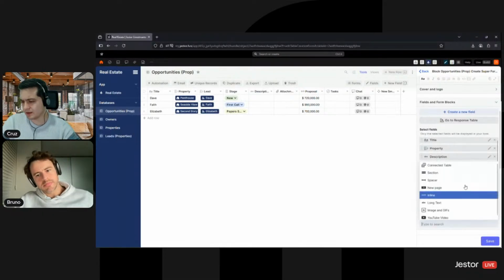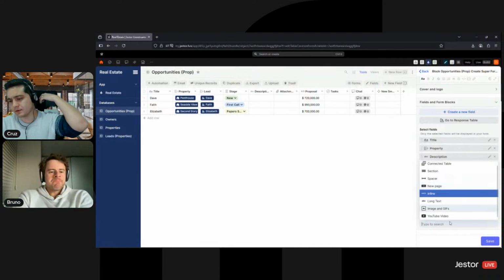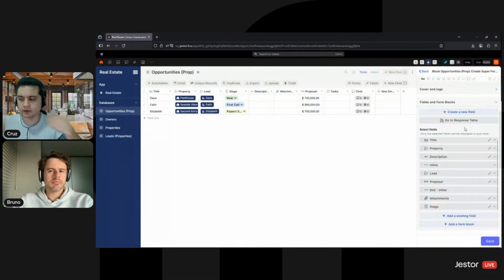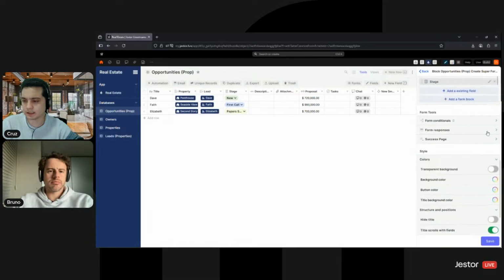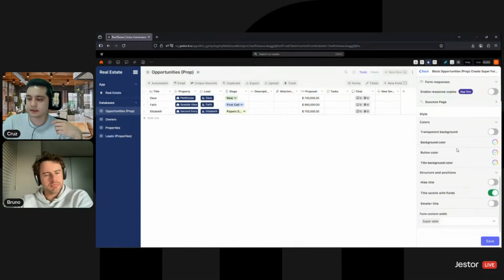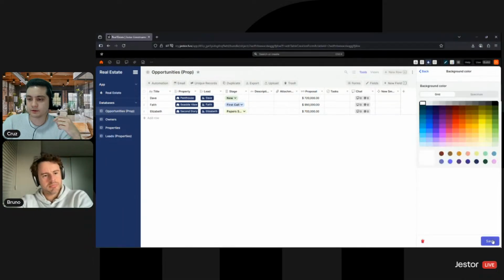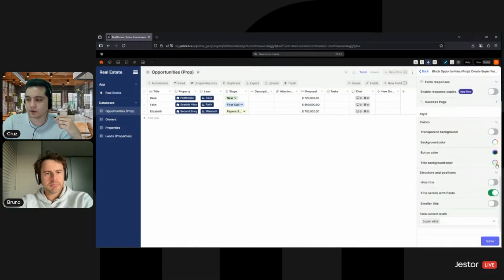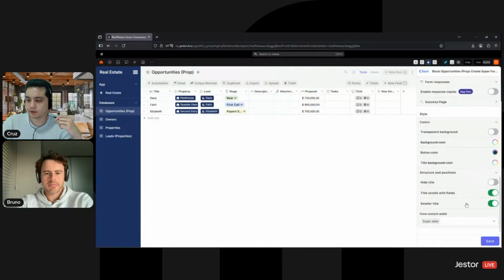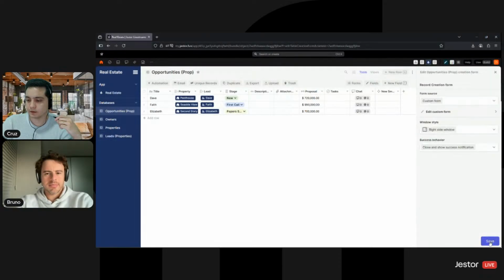We have images, we have videos, we have connected tables when you need to add more than one record at once, and so on. I'm going to disable the form responses because I don't want a copy of what I did as soon as I create an opportunity. And now I'm just going to customize the colors. There you go. And make a smaller title. So I'm going to save,